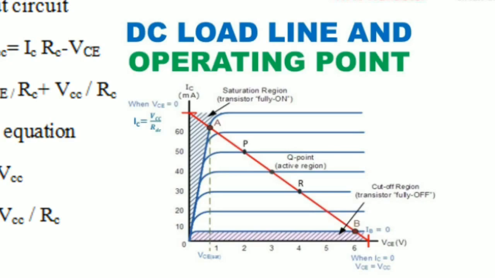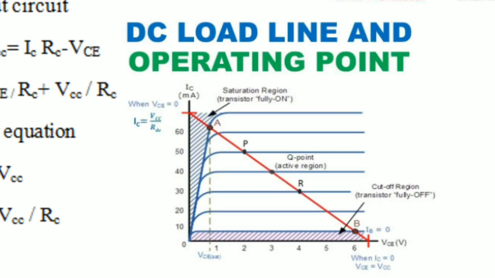The red line shows the DC load line. By joining these 2 points in the output characteristics, next is how to fix the operating point, which is very important. Here I have chosen the center of the region. I have fixed the Q point in the center region. Why not other points, or why not other regions? Let us discuss one by one. Why not other regions? We will go for the next discussion.